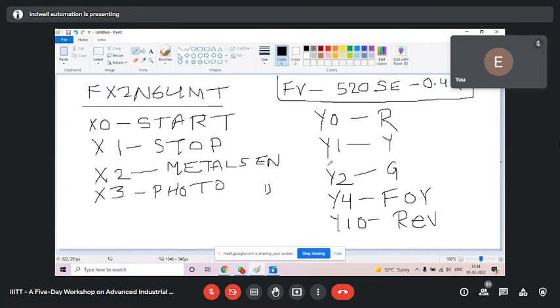Now I shall tell you the sequence. Listen carefully, everyone, this is the important part. According to it you have to write the program in Mitsubishi format.